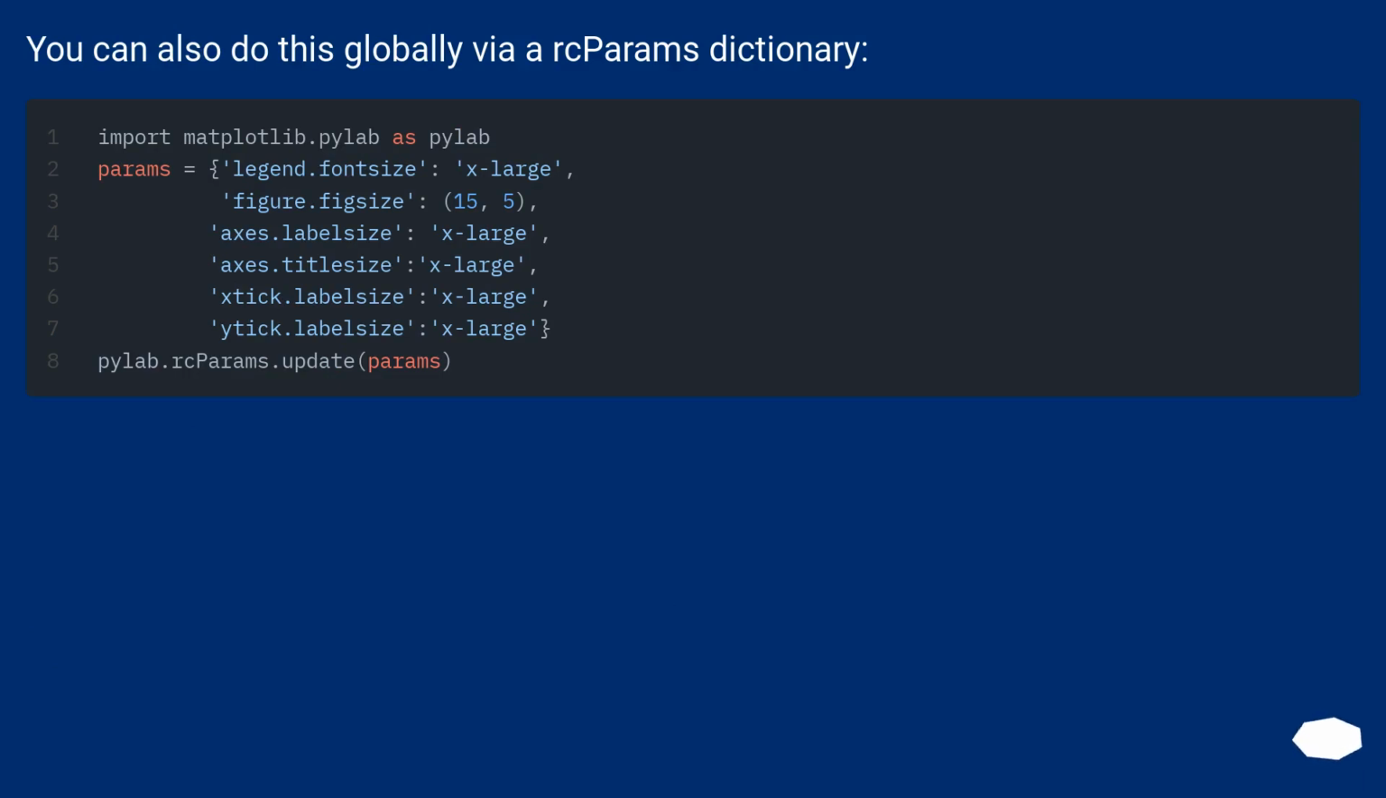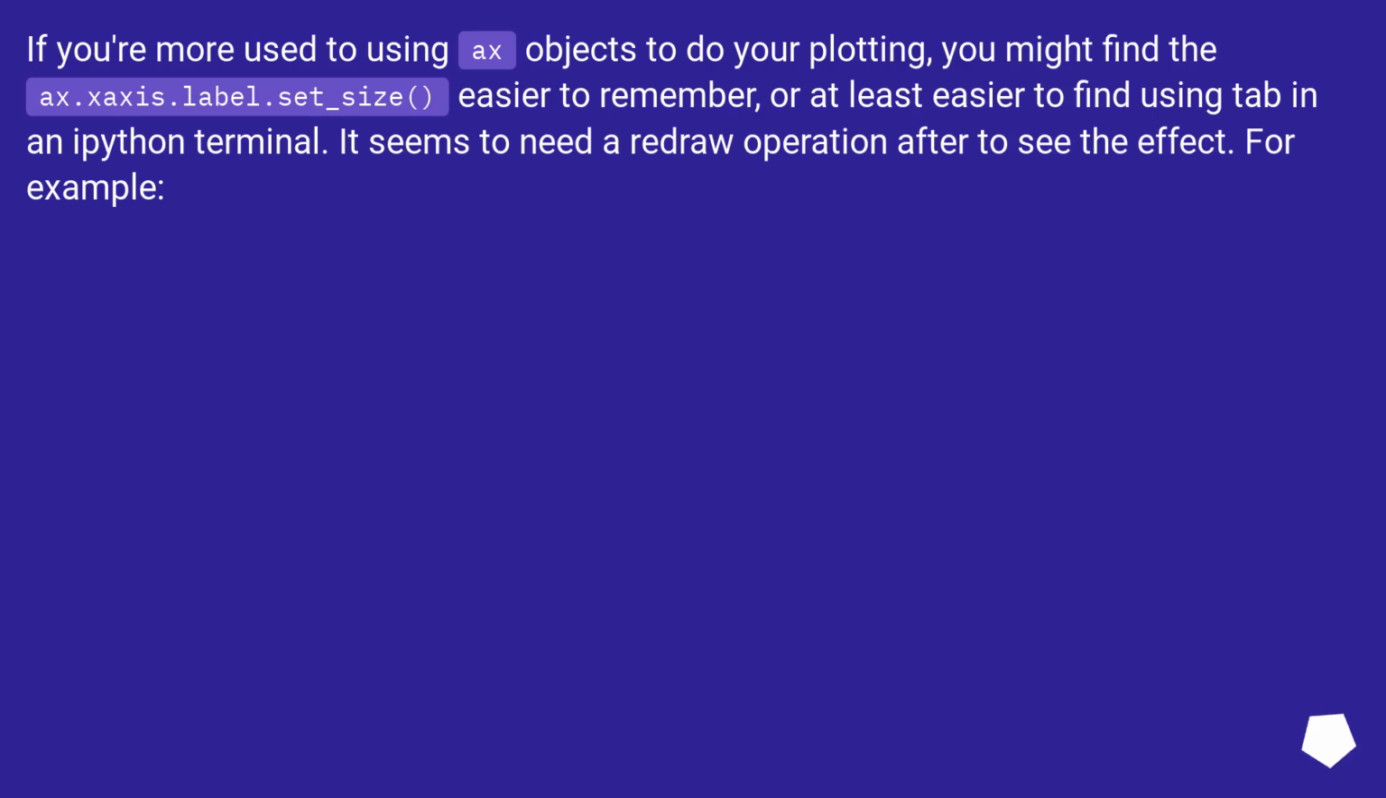You can also do this globally via rcParams or the params dictionary. If you're more used to using ax objects to do your plotting, you might find the ax.xaxis.label.set_size easier to remember, or at least easier to find using tab in an IPython terminal. It seems to need a redraw operation after to see the effect. For example,